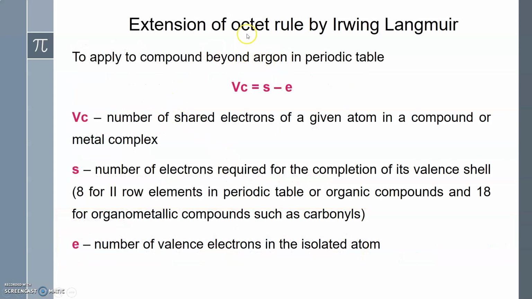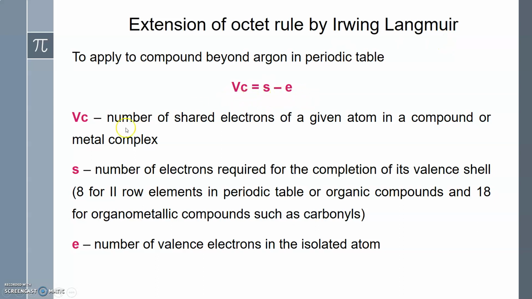Now, Irving Langmuir actually did the extension of the octet rule, because the octet rule was obeyed by the main group elements only, and that too the extended valency was not explained by the octet rule. So in order to apply the rule beyond the argon in the periodic table, Irving Langmuir has proposed this formula